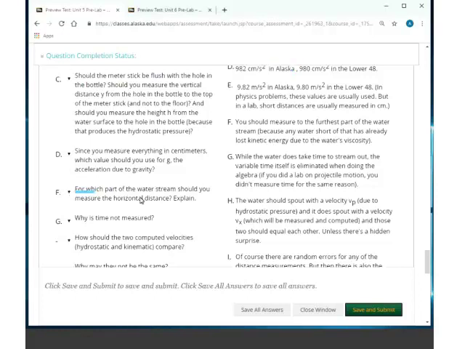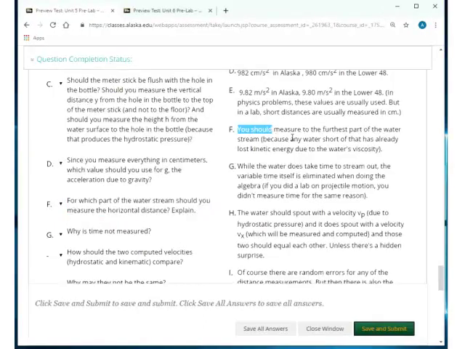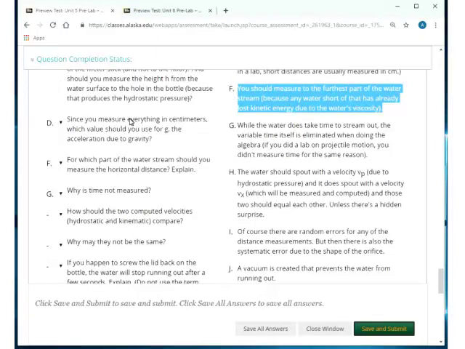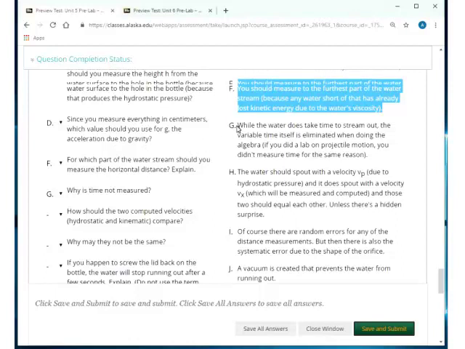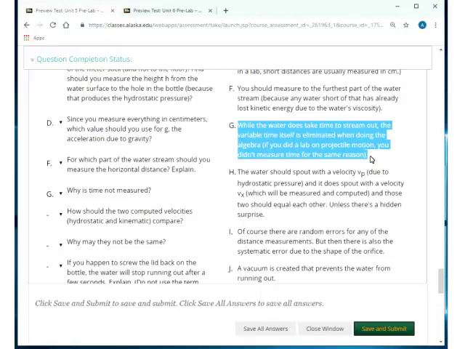So this one here is, for which part of the water stream should you measure the horizontal distance? Explain. You should measure to the furthest part of the water stream, because any water short of that has already lost kinetic energy due to the water's viscosity. Why is time not measured? Because, so it turns out in the algebra, we actually don't need it, and we get all the information from what we will measure, which is the height, the depth of the water column, and the distance that the